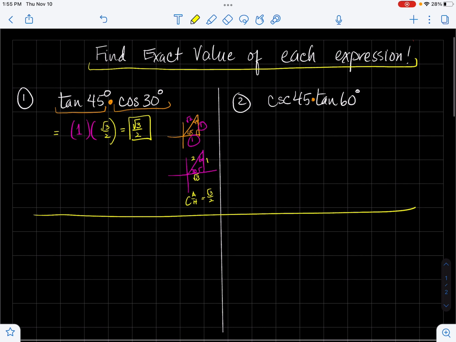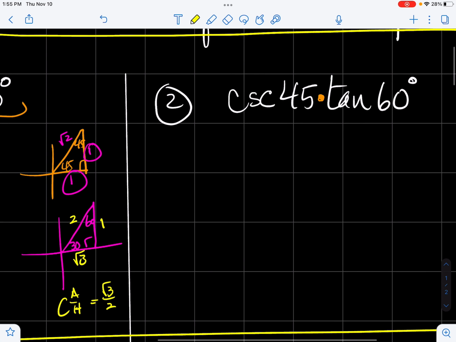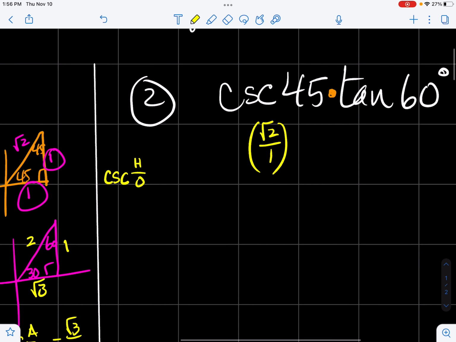So that one's done. Looking at the second one, cosecant of 45. Now I just drew the 45 angle here. I'm going to use this one. Cosecant is the reciprocal of sine, which makes it hypotenuse over opposite. Here's my hypotenuse, and here's the opposite side. One more time, hypotenuse and opposite, so root 2 over 1, which is just simply root 2, times tangent of